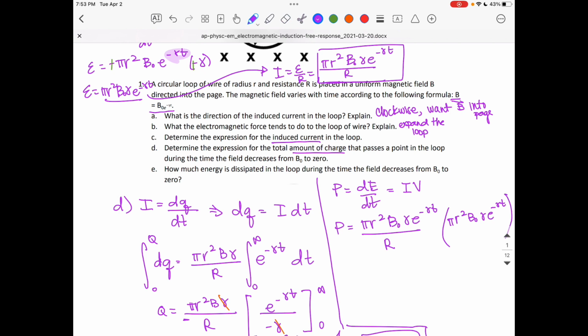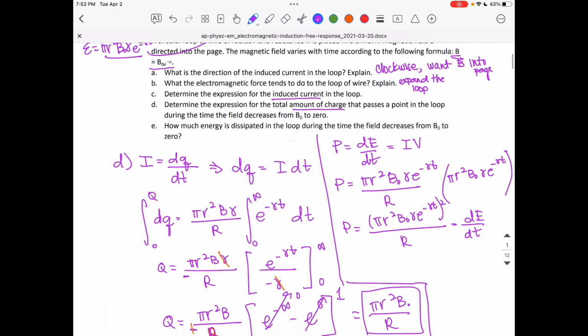Basically the same thing, it just doesn't have the R. So all power is this numerator squared all over R. And then from there, we need to solve for dE,